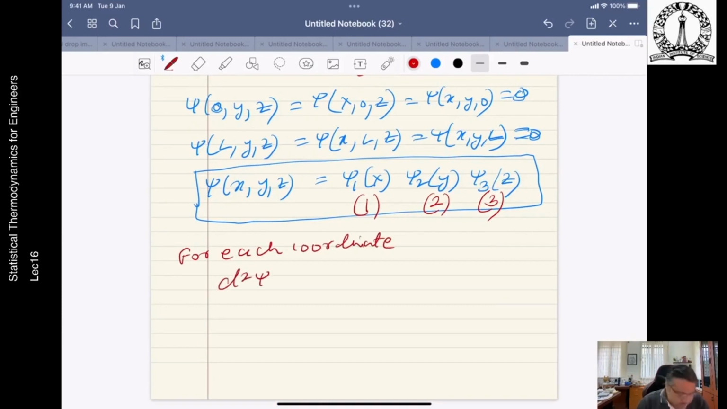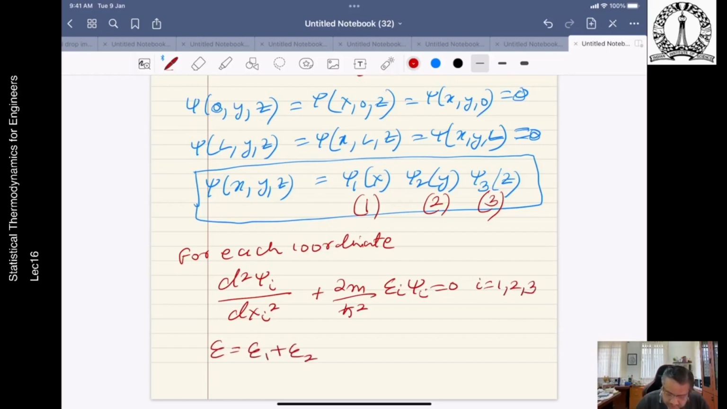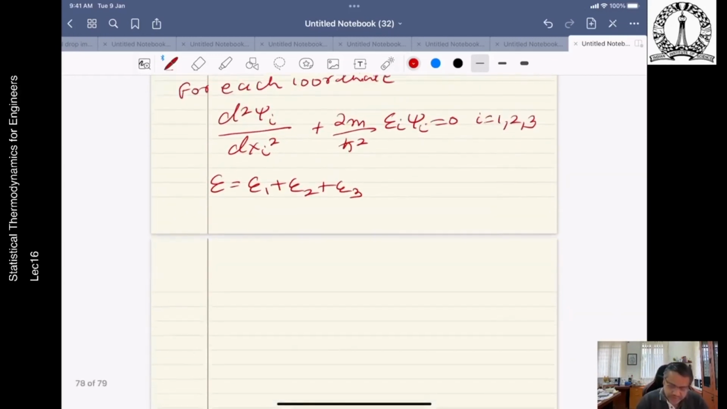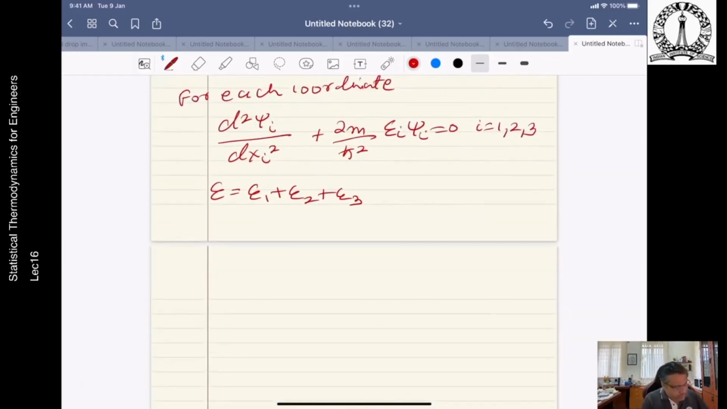we can say psi i, and we are dropping the x because it is assumed to be space dependent only. The Schrödinger equation is d²psi_i/dx_i² + (2m/h bar squared) E_i psi_i = 0, where i equals 1, 2, 3, and E equals E1 plus E2 plus E3. So the solution for this particular problem becomes